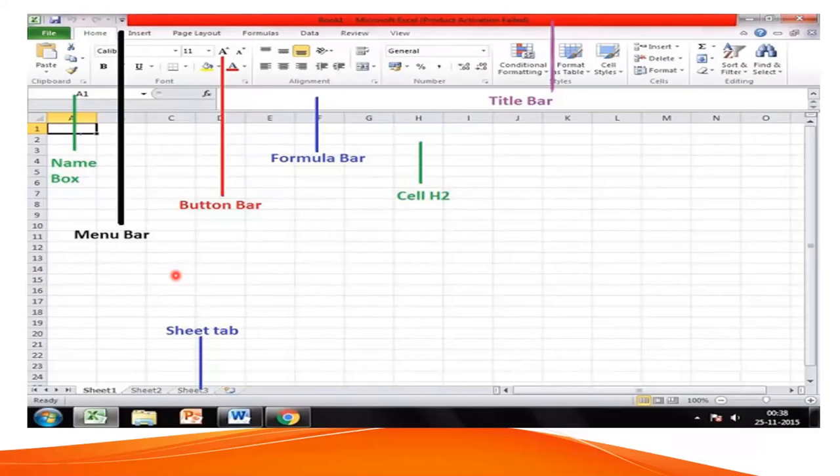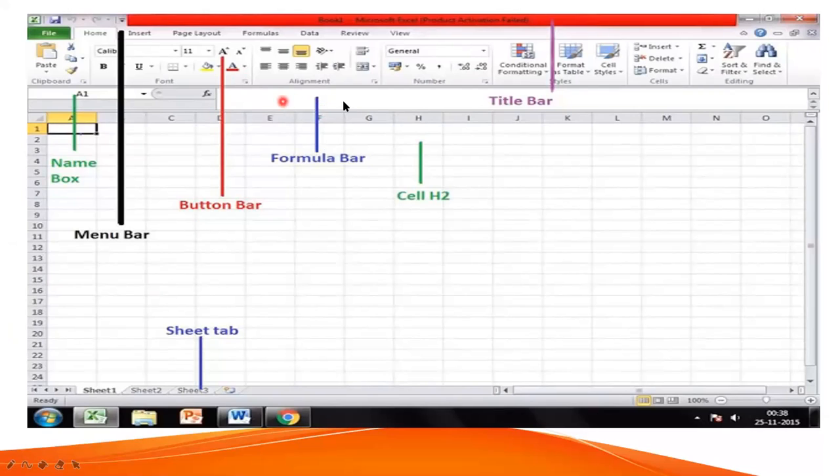Now you tell me what will be the cell address of this. Row number 15 and column C. What is the cell address? Yes, this is C15, right? This is known as the cell address, okay?